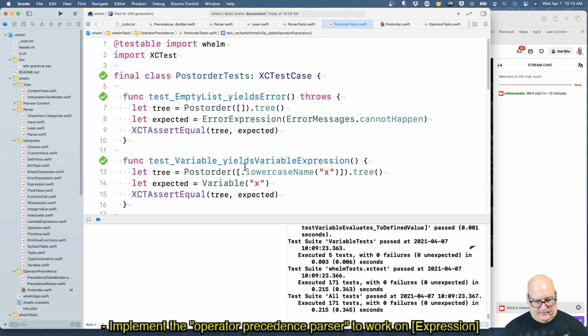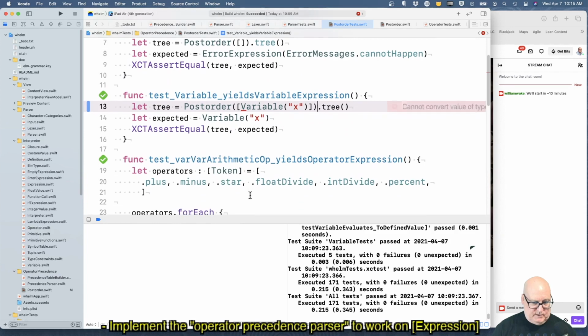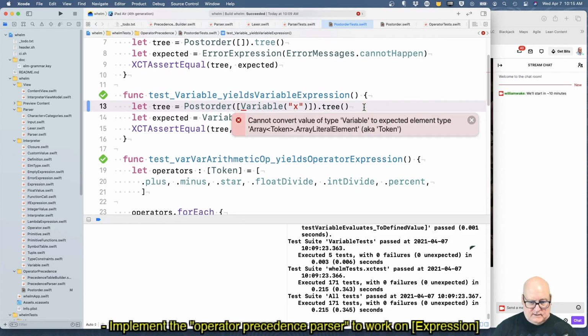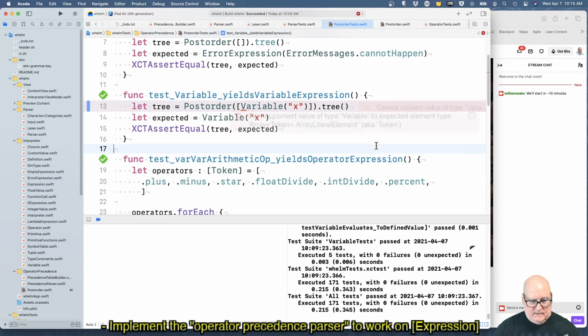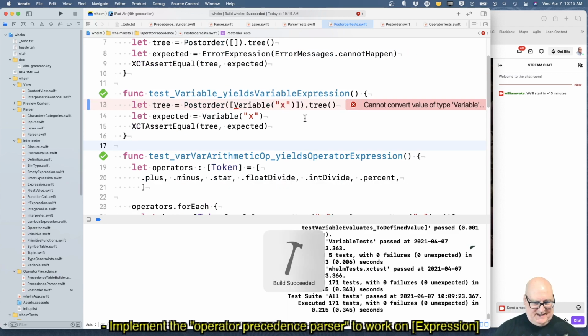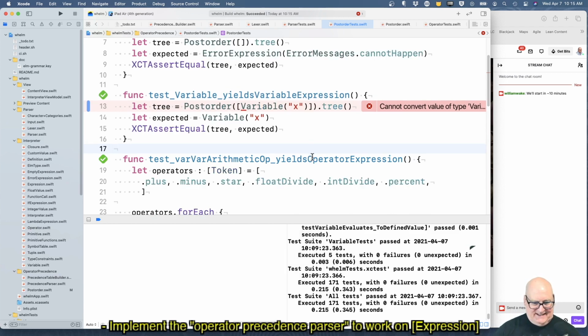Oh, it won't compile. Okay, so this is a variable x and should be variable x. It's not awake yet, I think.